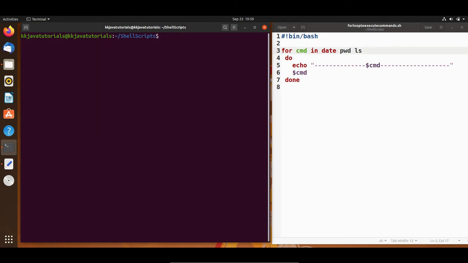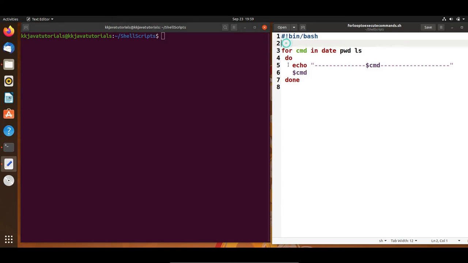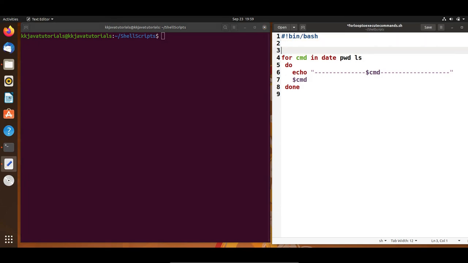This is the first approach I have shown you, the first way we can execute a list of commands. Now I am going to comment out this code. How do we write multi-line comments? You have to give a colon, then a single quote, and again a single quote. This is the start of the comment and this is the end of the comment. A single line comment you can do using hash. So I have commented it out, and let's see some programming stuff using for loop.